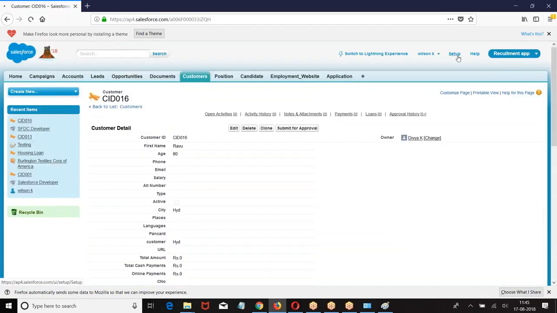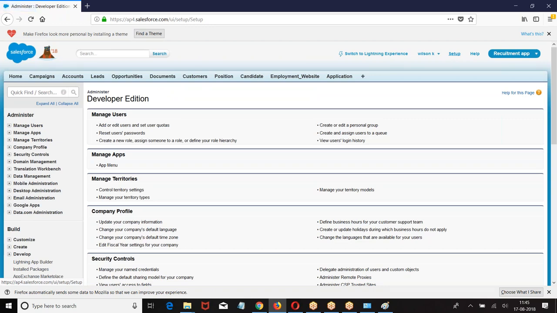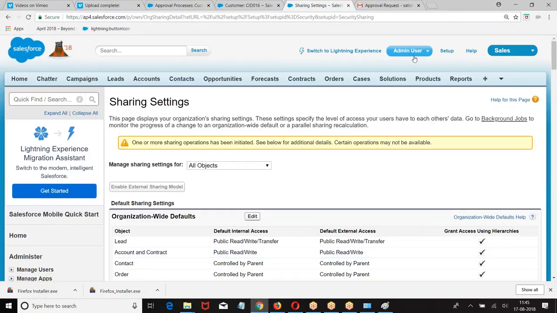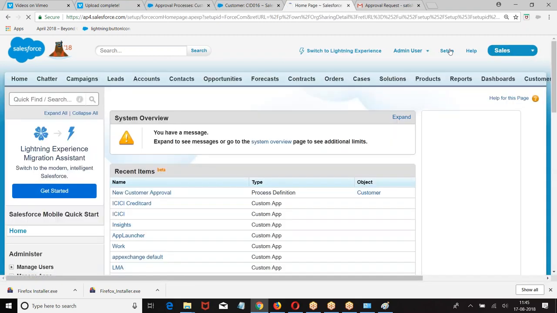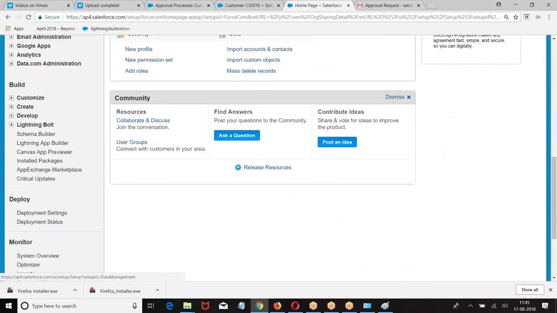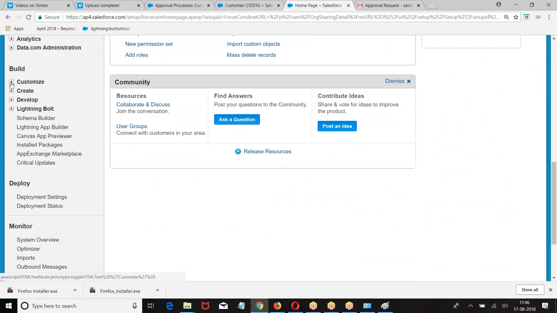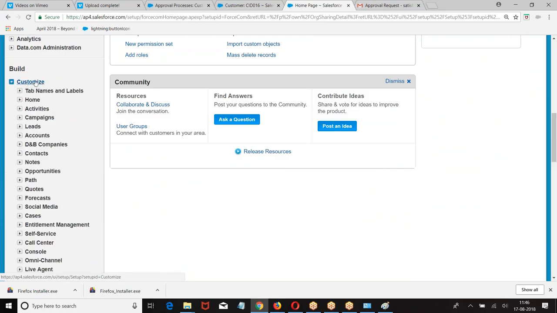Now I told you we can give an alert using email, and also we can give an alert through Chatter. Email we know because of the workflows you have done, but Chatter we have not done. So let me give a Chatter notification. Let us see how it will be given. Setup, build, customize.